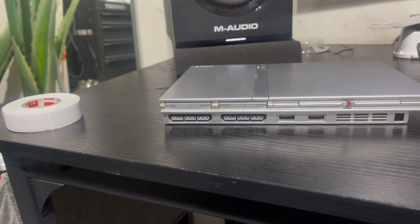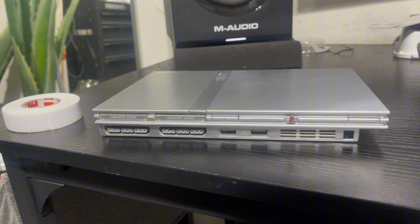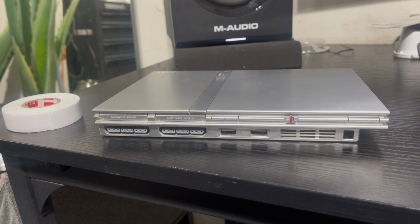But I didn't feel too comfortable taking apart a PS2, and I'm not trying to deal with disconnecting ribbons and connectors. I didn't really want to touch that. So if you're like me and you just want to get your games fired up and not have to worry about the ring, which is super annoying, bro. No one wants to deal with a scratched disc,